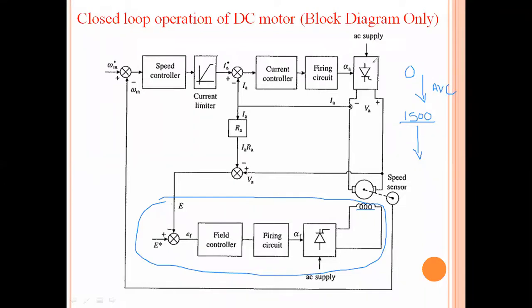which is given from the AC supply terminals. From the base speed onwards, for any value above the base speed, with field weakening, this circuit will change the excitation that is given to the field winding. So based on this excitation, the motor speed will be increased.